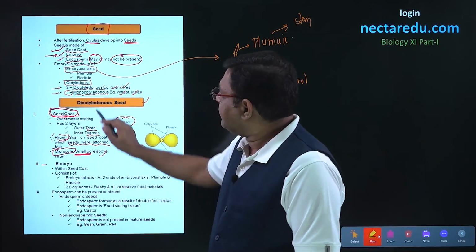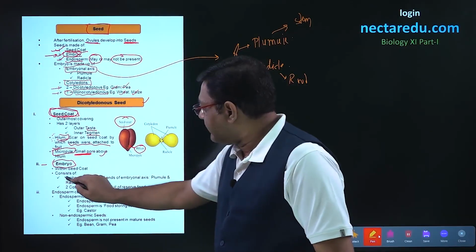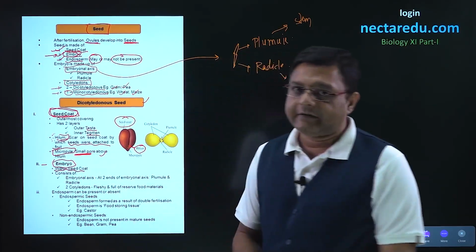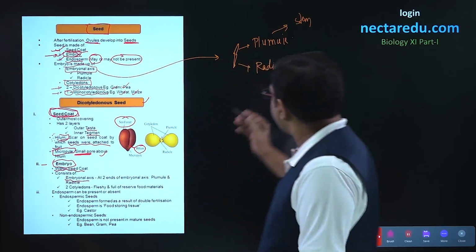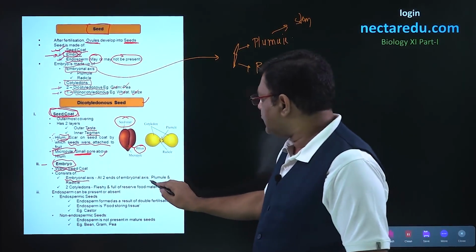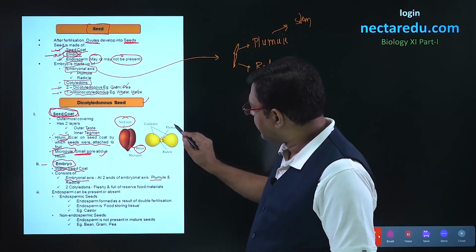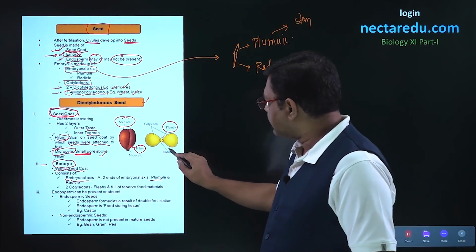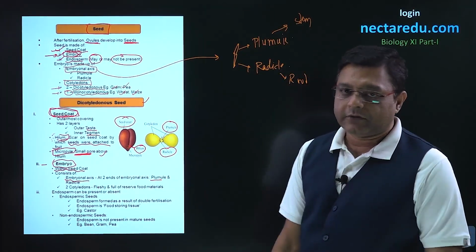After micropyle, we come to the second structure, that is the embryo. Obviously, it will be present inside the seed coat. It will have two parts. The first part is the embryonal axis that we talked about. The one end is the plumule which gives rise to the stem. In this diagram, this above part is the plumule and this below part is the radicle. It will give rise to the root.